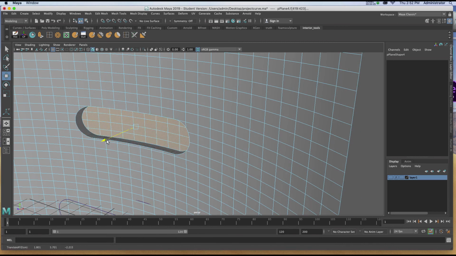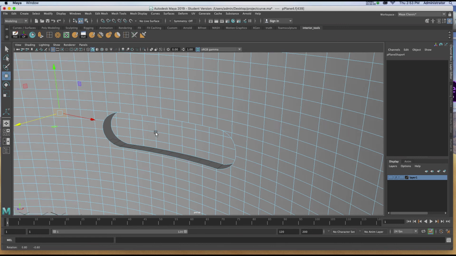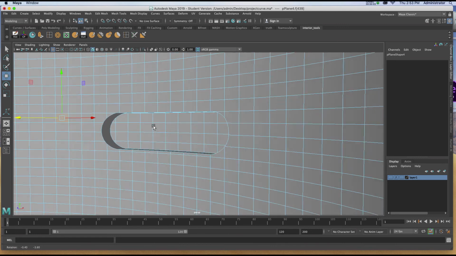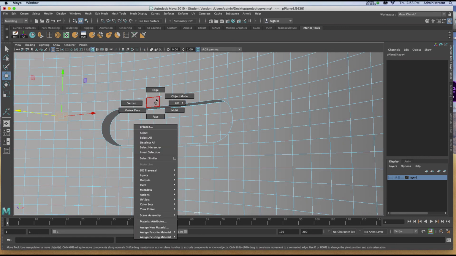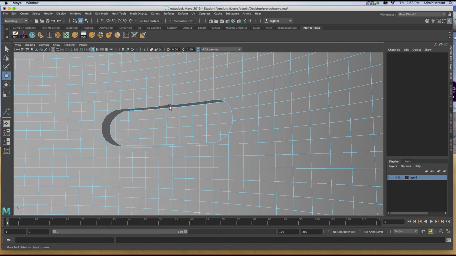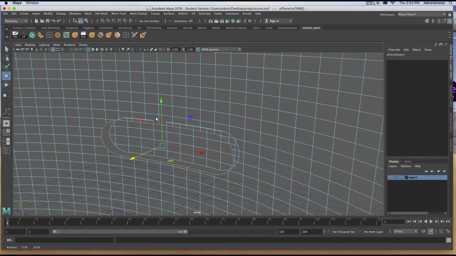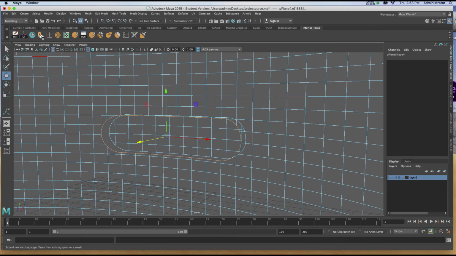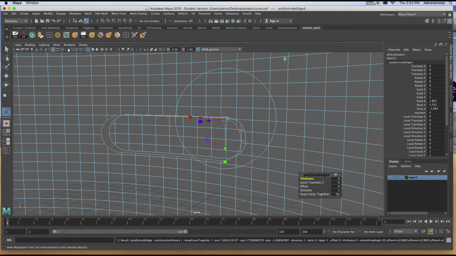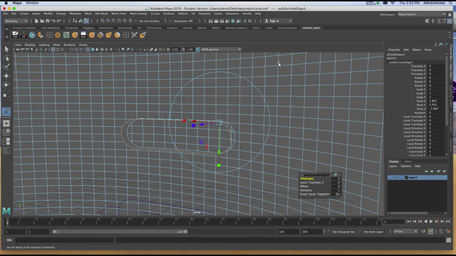I'm going to move it back a bit because I want to go in and create a window frame on my window. I don't want it to be flat. I'm going to use the Extrude tool to make the window frame on this. I'll right-click and choose Edge, and I'll double-click on any of the edges in the opening for the window. You'll see that it selects all the lines that comprise the window shape. I'm going to click on my Extrude button, which is the orange block on the white plane, and I'm going to click on the blue dial to center it, so that now I can pull forward,